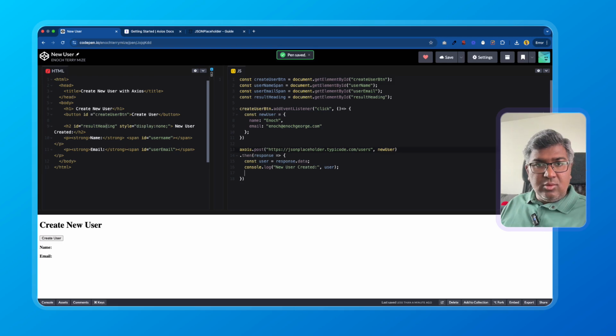Got it? So if the request is successful, the dot then block runs, and we store the response data in a user variable, and we are logging it. That's what we did. So next step,